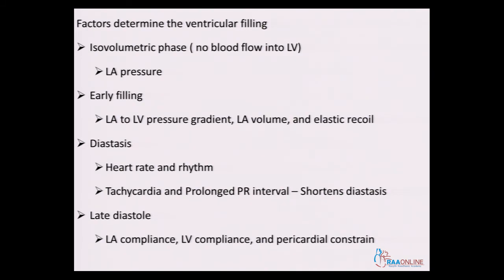The diastasis can be affected by your heart rate and the rhythm, so that when you lose this diastasis phase, you may have improper filling of your LV. So tachycardia and a prolonged PR interval can shorten the diastasis, because during tachycardia, this is the phase which is going to be lost. In the late diastole, it all depends on your atrial compliance. So your LA is not